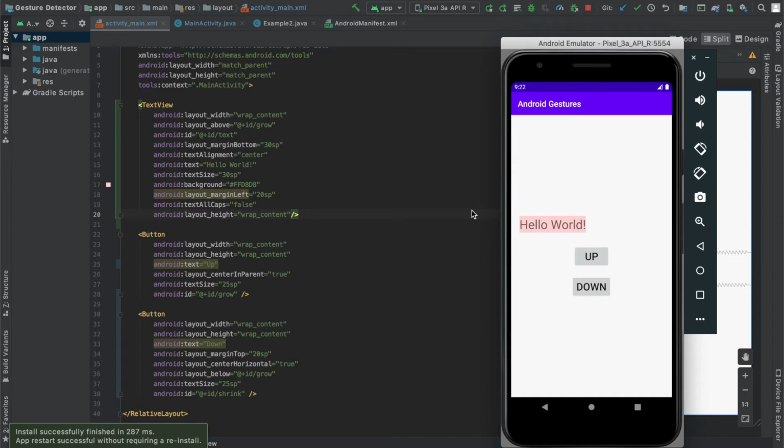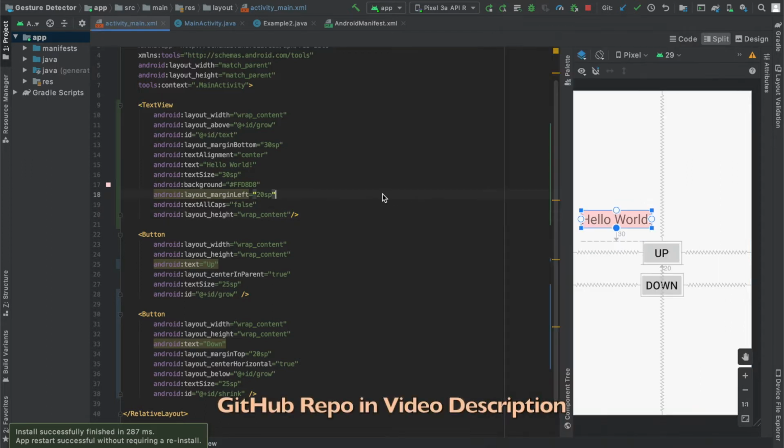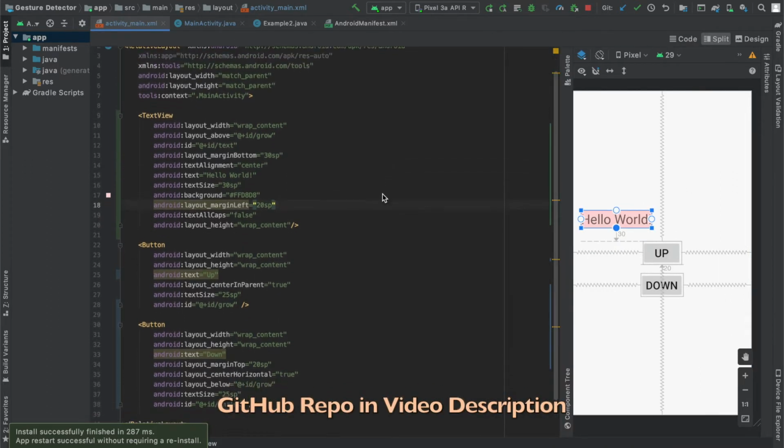In this tutorial, I will cover how to programmatically change the margins of a view. That way you can increase its distance from other views, like this text view over here, and I'm increasing its margin from this up button by pressing it, and when I press the down button, I'm decreasing its margin from the up button. So let's get started, and you can go ahead and copy this basic layout I have over